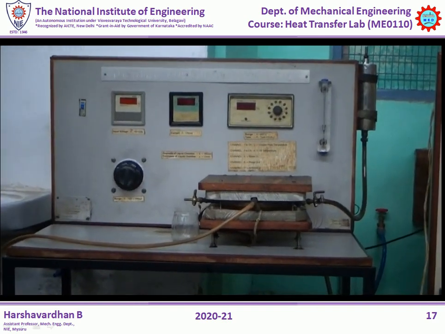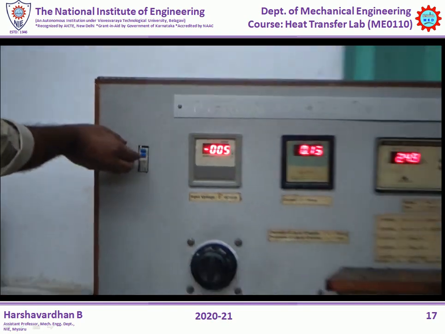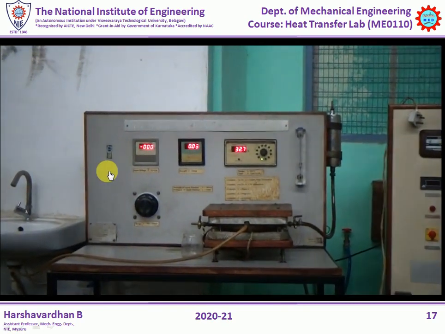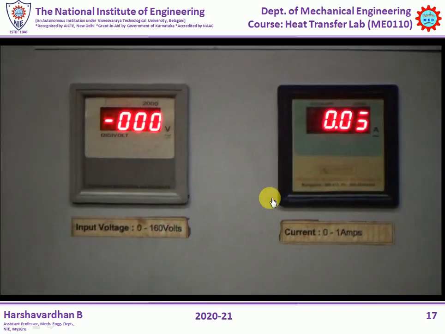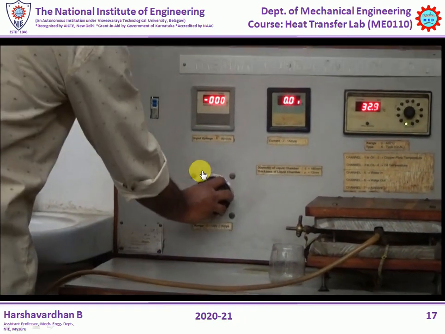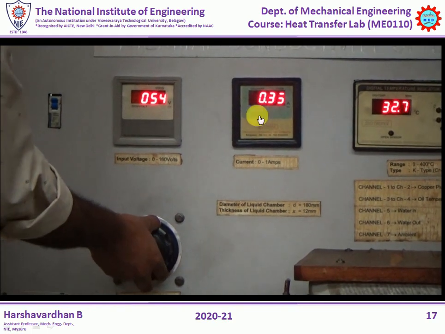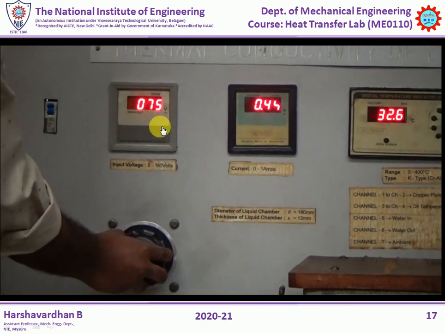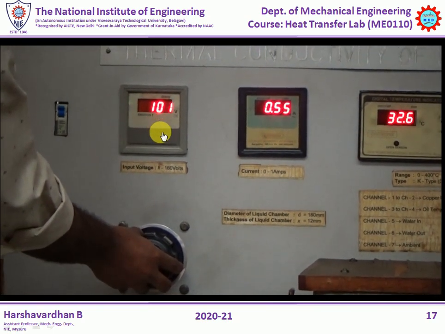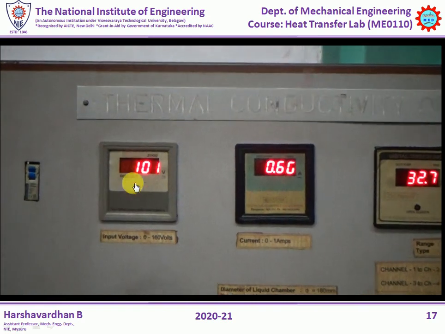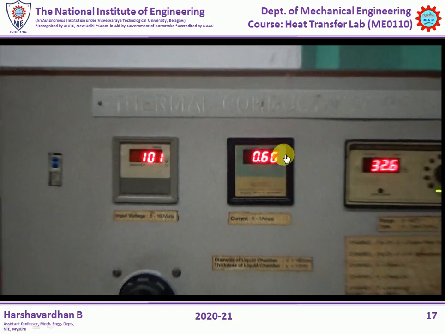Now it's the time for turning on the main switch, and we will supply the electricity to the instrument panel. Initially, as you can see here, voltage and current both are 0. Now we will turn the dimmer start in the clockwise direction, and we are going to set the voltage and current. So we will try to conduct the experiment for 100 volts power input. We have set voltage to around 100 volts, and the corresponding current value is